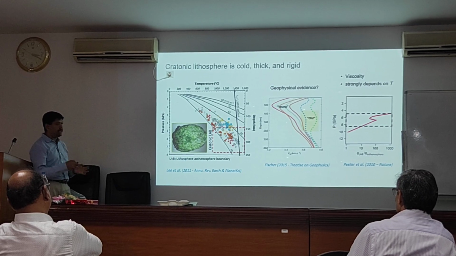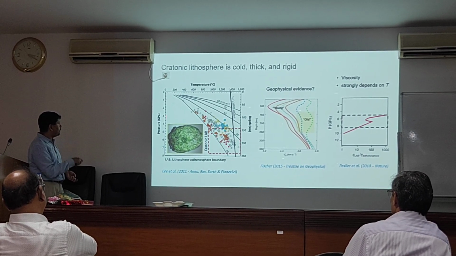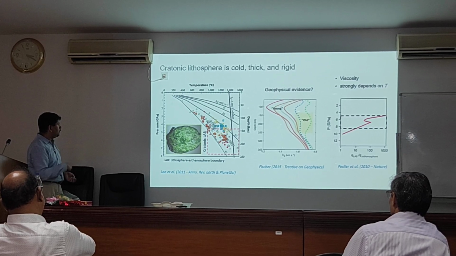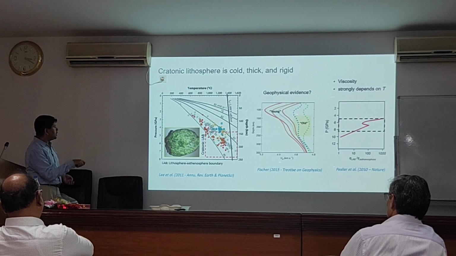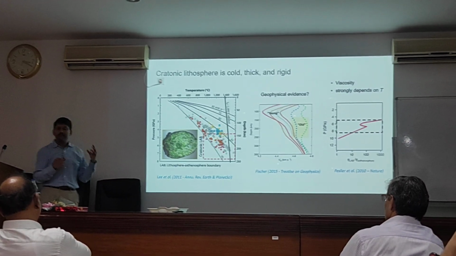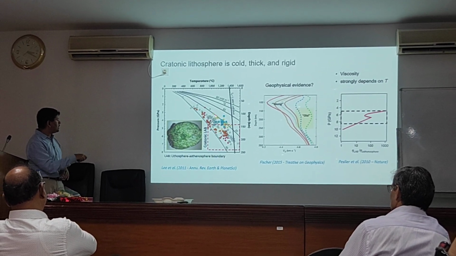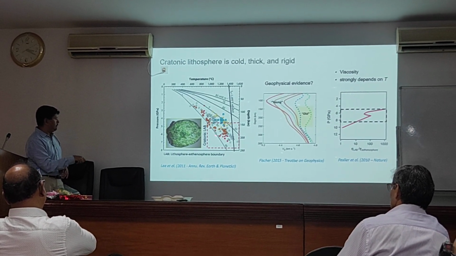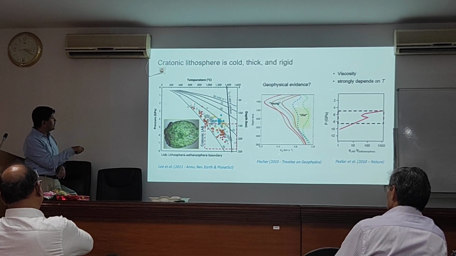There is lots of evidence in support of that. The first diagram here shows a pressure-temperature plot from the work of my colleague Lee and his students and colleagues. It shows what type of thermobarometric estimates we can extract from doing petrology on these types of rocks. And of course, we don't have lots of data. We have limited availability of these xenoliths, but it tells you that